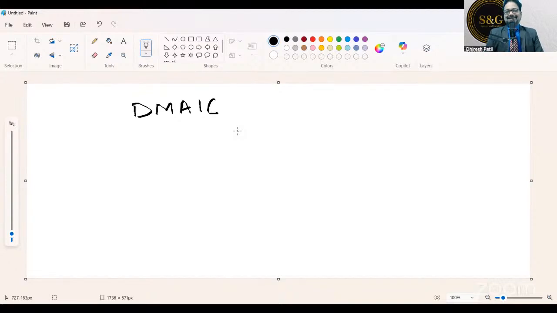Analyze, all right. Only define is pending now; all the other answers have been given. So measure has come, analyze has come, improve has come, control has come. See, it's very simple. The first calculation of process capability is done in the Measure phase. Make a note of this. This is before improvement. So first we check process capability in the Measure phase, before improvement, and after implementation of it,